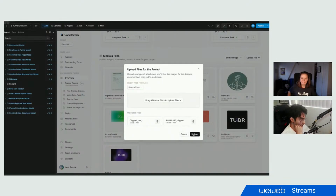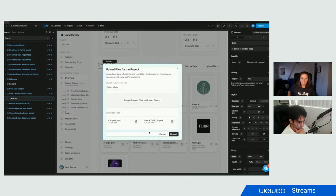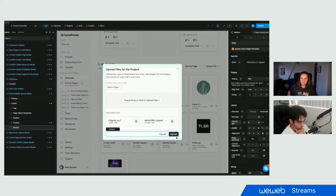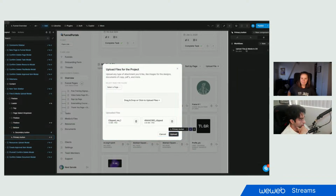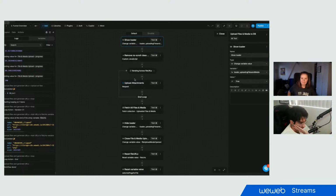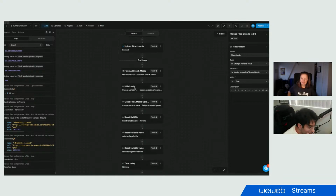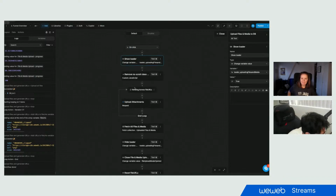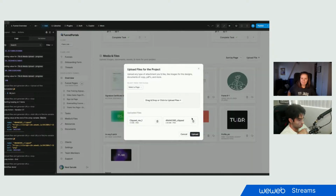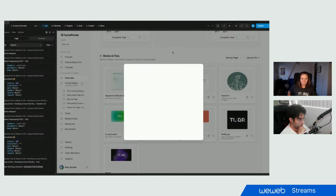So once I click this upload button, I'll show you guys that. I believe it's a form. Oh, no, it's not. It's a submit button. So upload files in media database. First it shows a loader, removes the no scroll class, uploads the attachments. I don't even see it here. Anyways, what I was trying to say is once I click upload here, it first will show a preview,